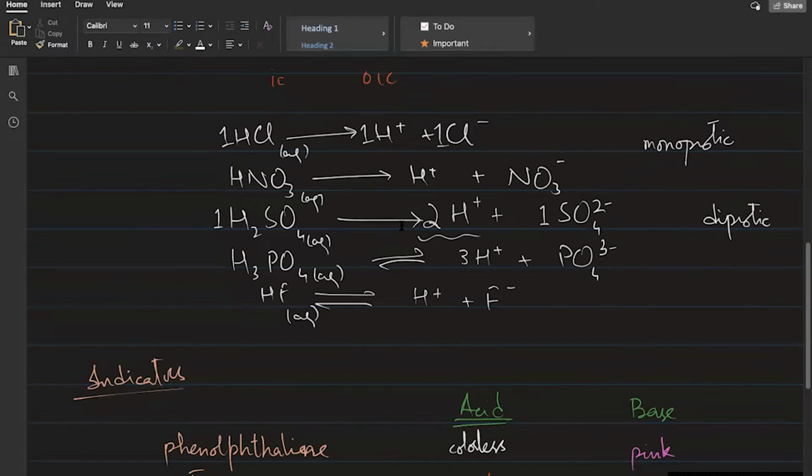Okay, monoprotic means it's giving one proton. Similarly, HNO3 is nitric acid. How do I know that? This is an acid. It has 3 elements. I take the middle one and I put the name there. So nitric, -ic, because it's an acid. So nitric acid